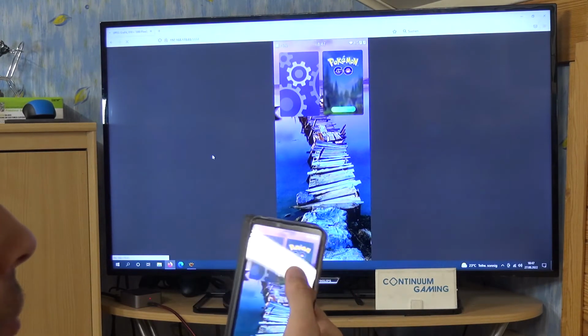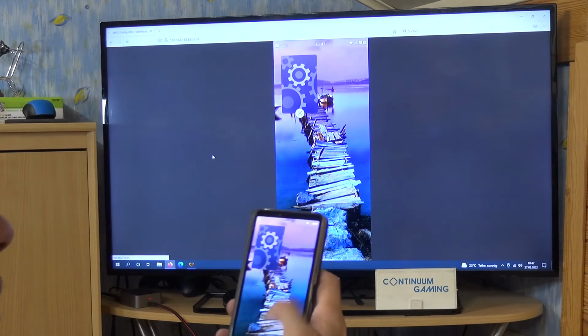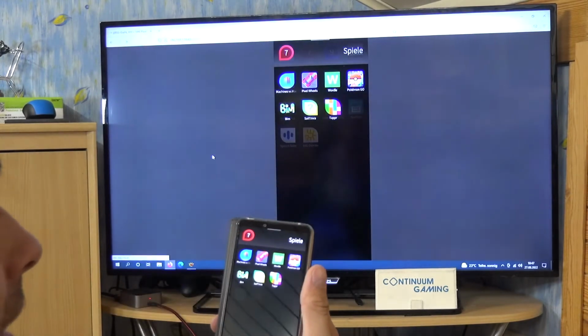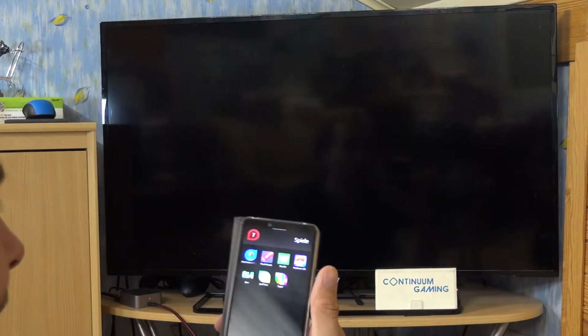We are going to have a look at the other games, just to let you know all the other games are going to work here. And for that, I'm going to go to my games library again, and we will have a look at another game. And one of the best games,